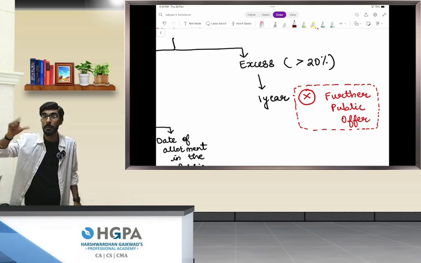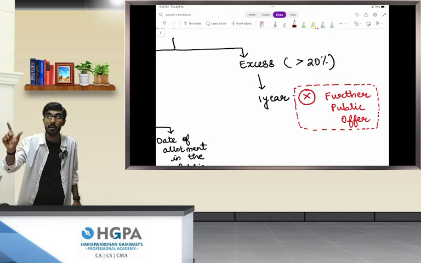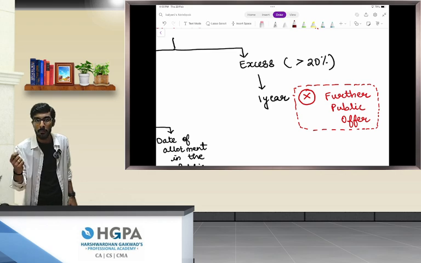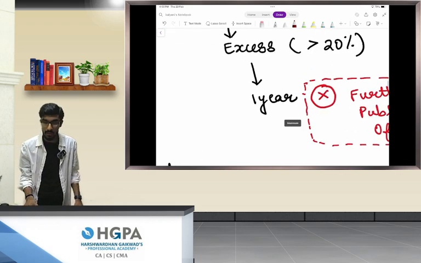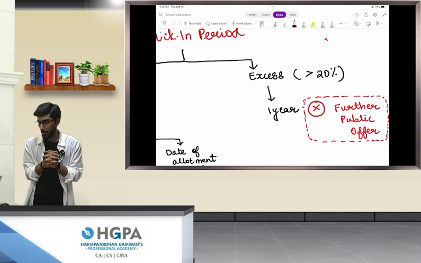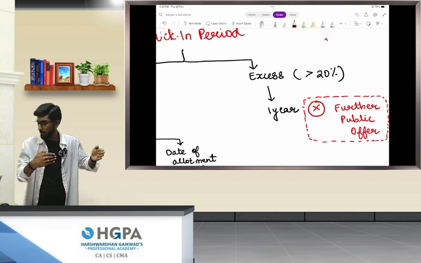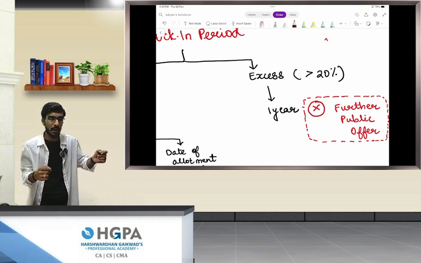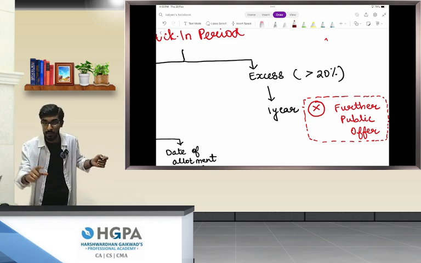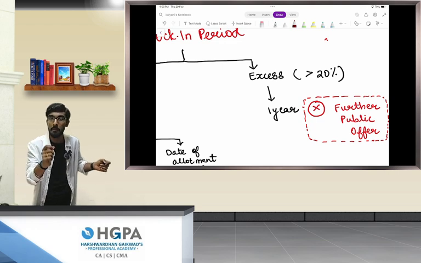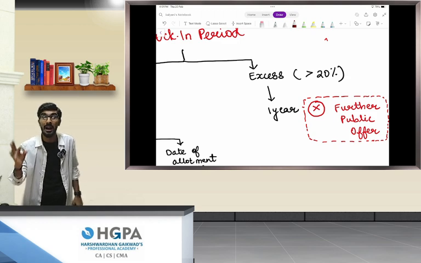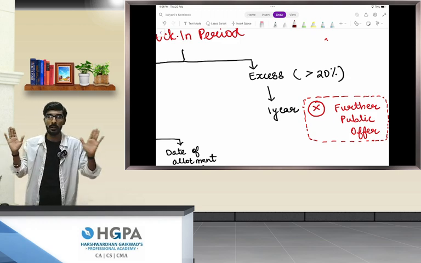Locked in for a period of 1 year until and unless Lenskart comes with another IPO. There is nothing called another IPO; it is called an FPO. Until and unless Lenskart comes with another public issue, for this 1 year he cannot touch it. If Lenskart has contributed additional money, then he can touch the money within 1 year, provided the company launches another public offering. If not, he cannot touch the excess money until 1 year is over.